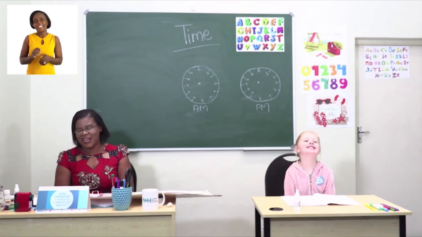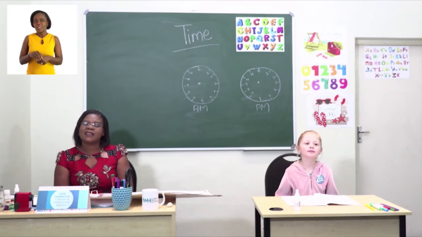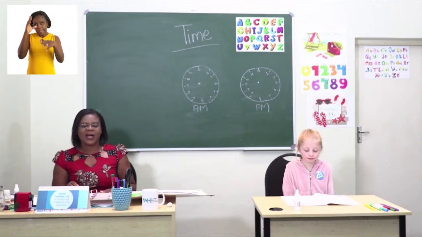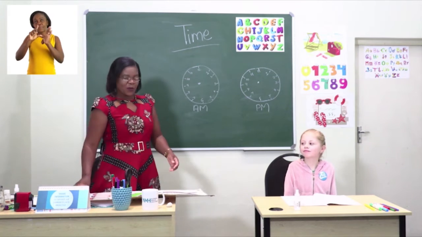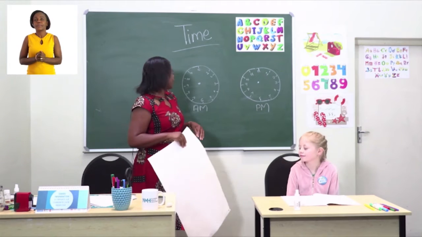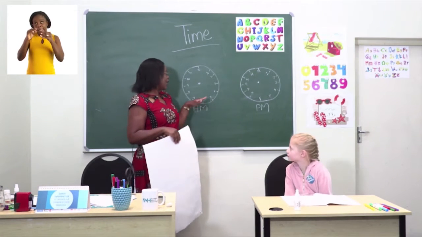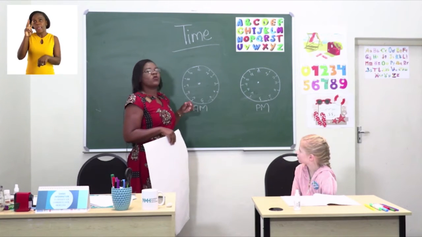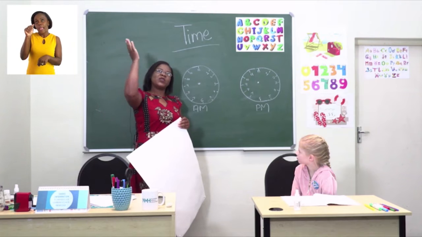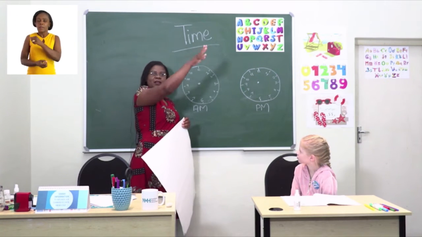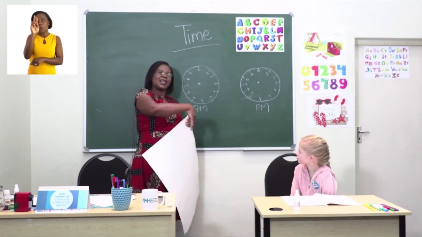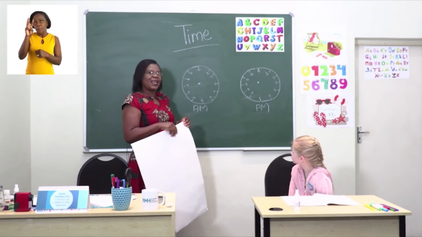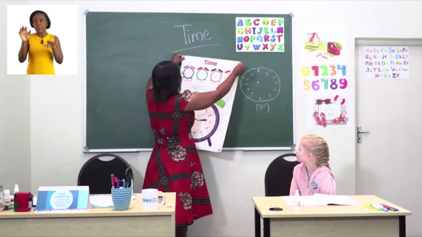Hi. All right. Okay, today's lesson is going to be about time. We are going to look at the clock. We are going to learn how to tell time, AM and PM. What is AM? AM is when it is morning up to 12, and from 12 to sunset, and when we are sleeping we say it's PM. PM is in the night. Okay, so